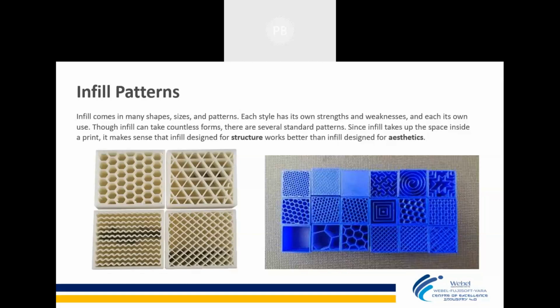Whenever we are printing on our machine, we have control and can set the parameters. My inside body will be at a certain infill density, where I can save material and save some time, and my product will be lighter in weight. This again depends on the application. If it is a functional part, अगर मैं कोई कुछ बना रहा हूँ जो कि functional part use होने वाला है, everybody is comfortable with Hindi English, right?